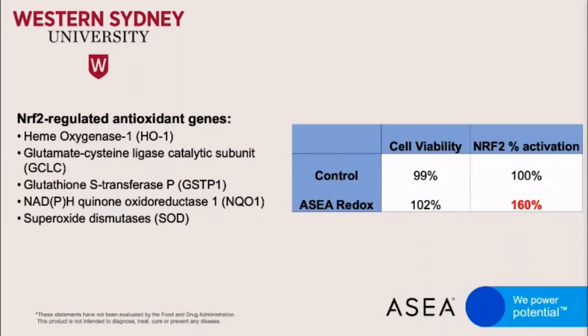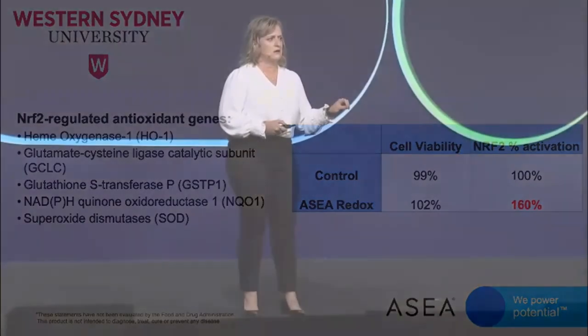It also means that the antioxidant response system is on in the cells. ASEA Redox turned the switch on in a very natural way. And turning on a switch in a very natural way is very important to our body, because our body is already under stress. We don't want more stress if it's not physiological, if it's not natural. ASEA Redox promotes these genes to be turned on and off in a very natural way.